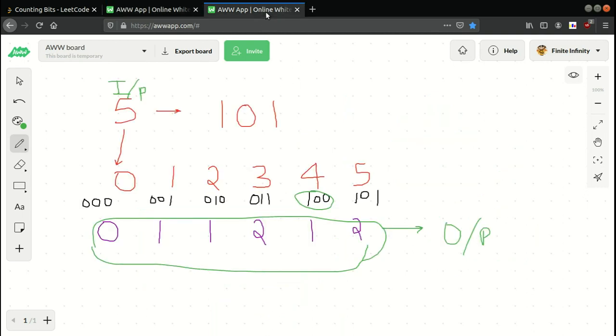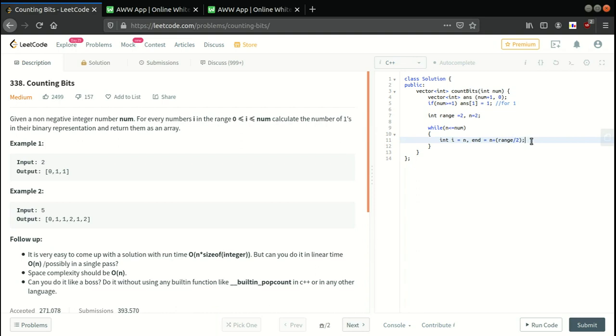Okay, so the ending will be till the half, and after that while i is less than, what we are going to do is: if i is less than or equal to num, our answer of i will be the same as answer of i minus range by 2, because it will be the same.